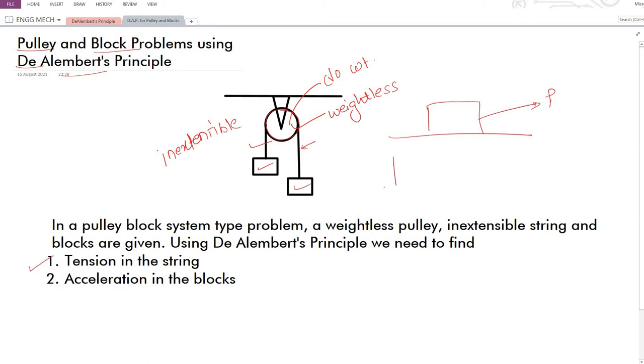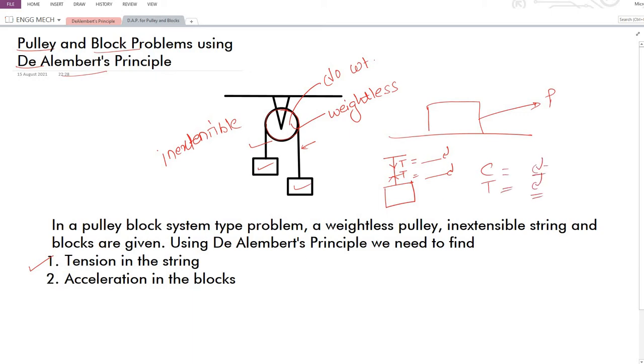Whenever something is attached to a string and the string is fixed, tension is generated. We show the tension by the symbol T. We will need to find the value of tension, whatever newtons of tension is generated. We determine tension or compression in newtons. We already have studied that thing when we were analyzing truss. C or T, they are expressed in newtons.